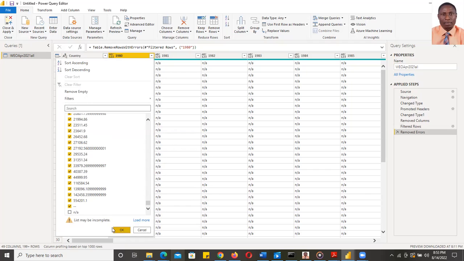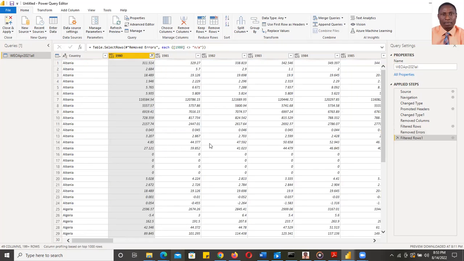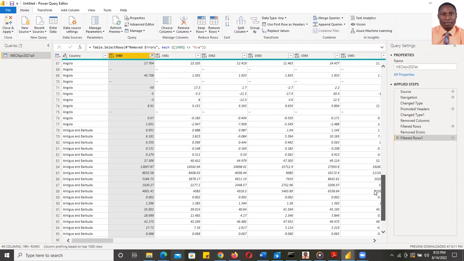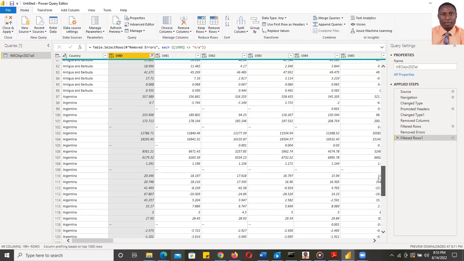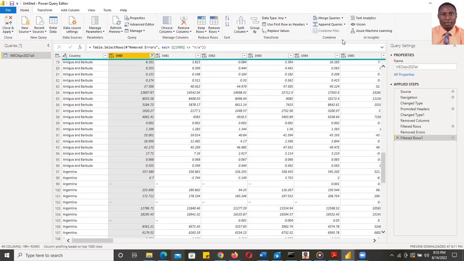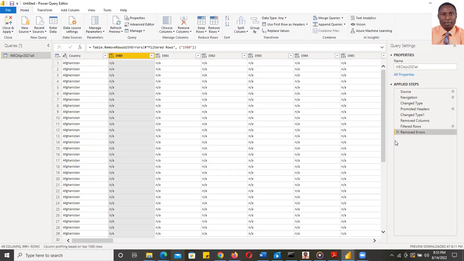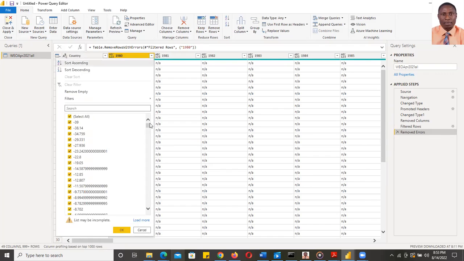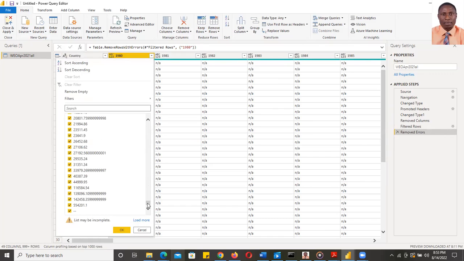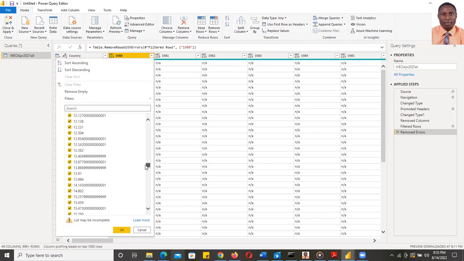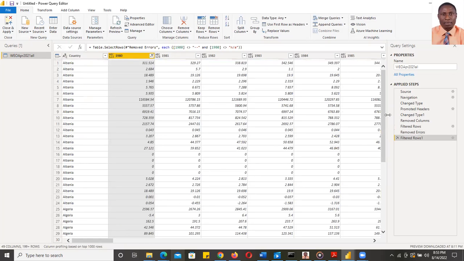Okay, I'm coming. When you do that, you can see we've automatically filtered those ones out. Then within, I can see some dash too. Maybe I should just remove the two of them at the same time, so that I won't have to be doing two things in two different ways. So let me check the two of them, the NA and the dash. So I filter them out, and it has